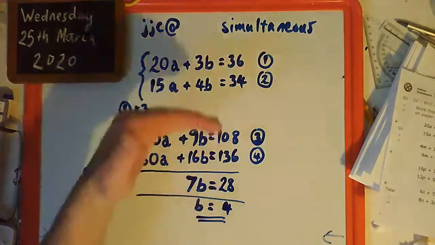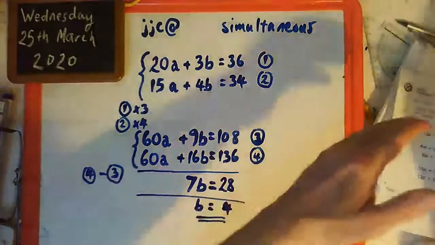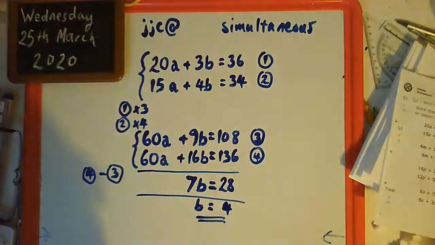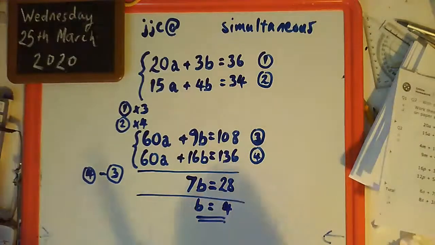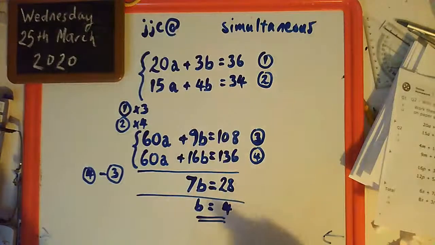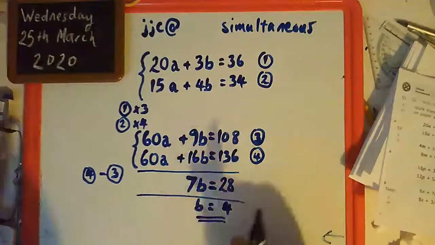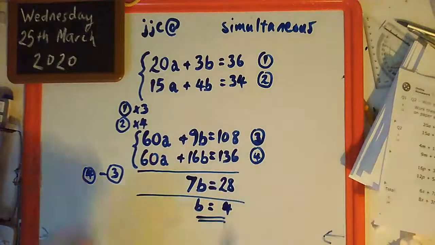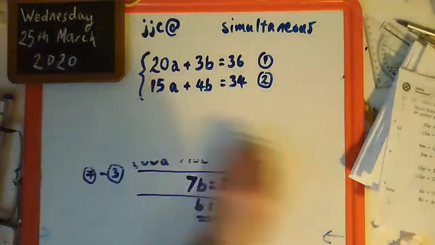Okay, so normally I'd be doing a bunch more writing, but as you can see, I've run out of board space. So what I'm going to do is kind of recycle the bit I just had. So having figured out that b is 4, just going to rub all this out.